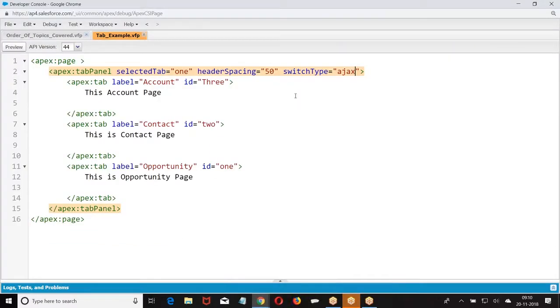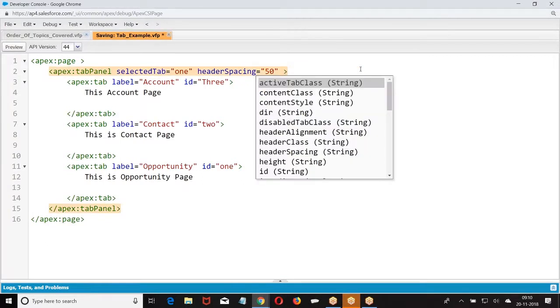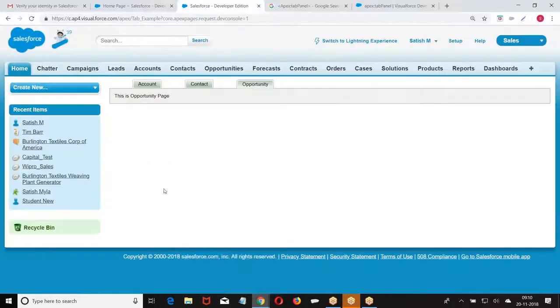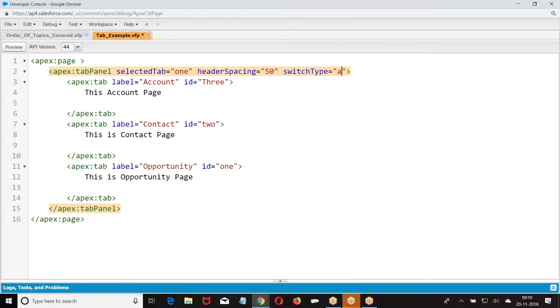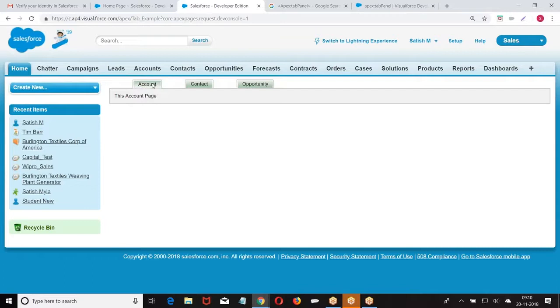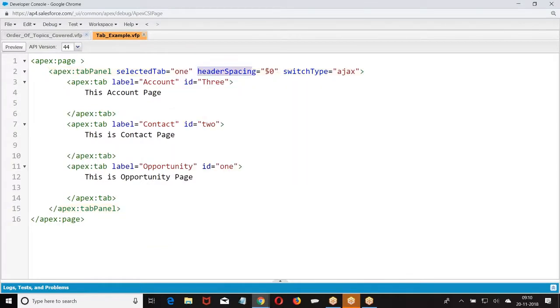Previously, if I don't mention any Ajax, are you getting my point? Now if I give it as Ajax, asynchronous, right? Now I'll remove this.